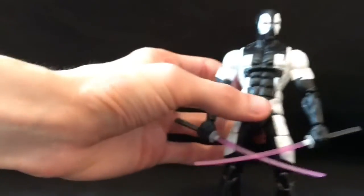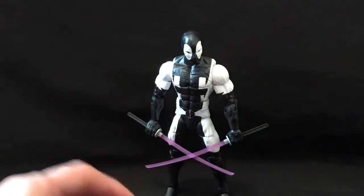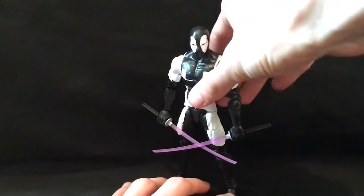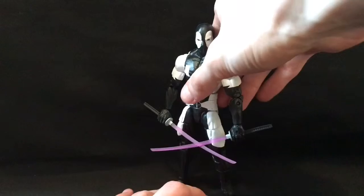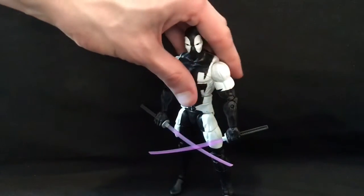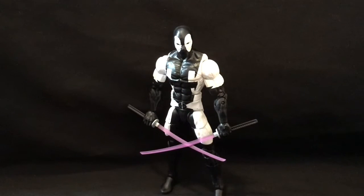I don't get why this is falling out either. That's kind of in there. But I'd probably just display him this way. Maybe try and get his swords a little flatter, but I'm at least going to give this guy an 8. Part of me wants to give him a 7 just because those QC errors are too fucking avoidable, first of all. They could have just...